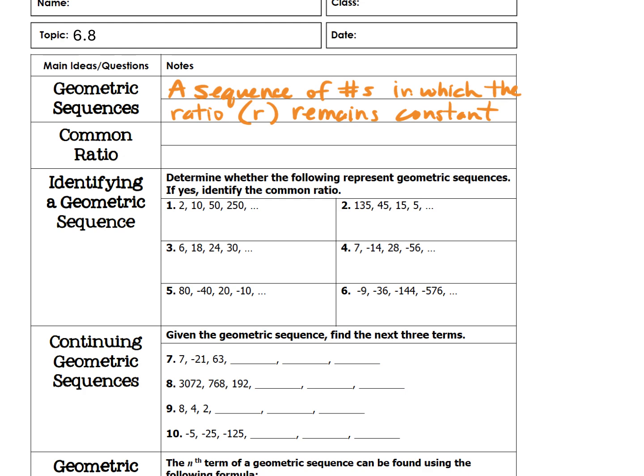It gets you that R, that common ratio. We call it the common ratio because it stays common throughout, okay? Here's how you find it, and this is probably the trickiest part for people when it comes to geometric sequences. It is found by dividing each term